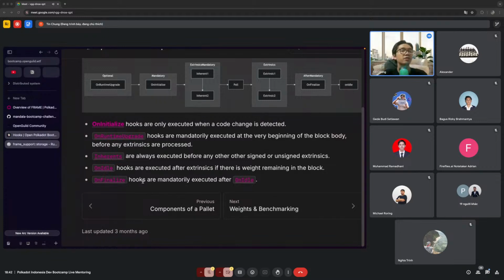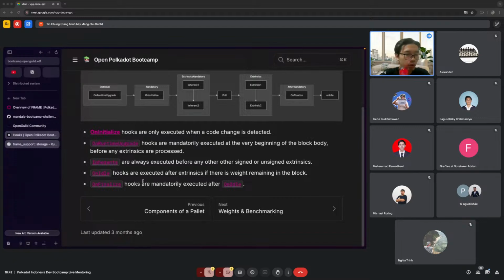It happens after the block construction. After the block is already prepared and ready to submit to the chain, then on finalize is going to be called. Maybe you can use the on finalize hook to clear some set of data that you don't want to have on your chain.